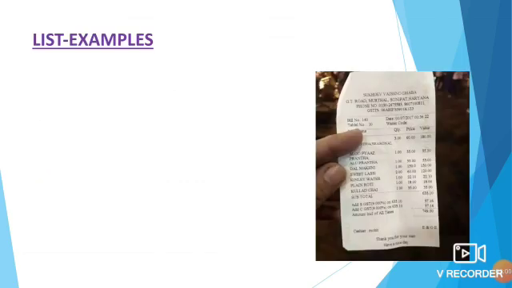Okay, you can see the picture here, isn't it, children? Yes, it is a bill. So after purchasing everything in a supermarket, you can see a bill like this, and all the food items will be one by one. Okay, it is in the format of a list. So this is also one example of a list.